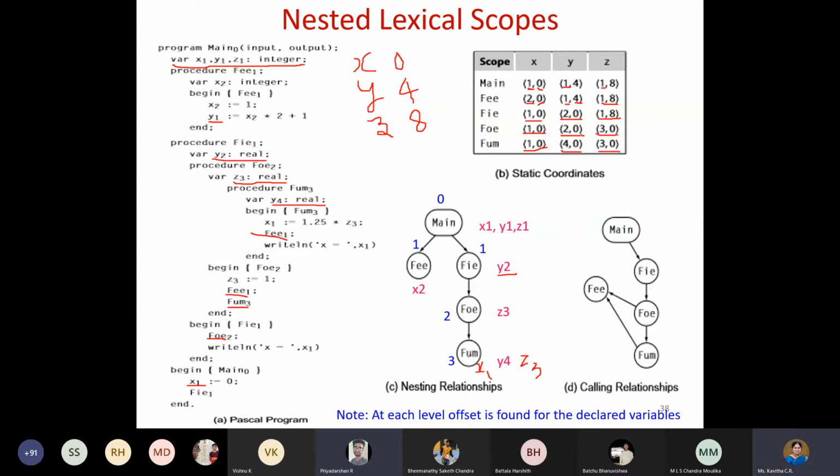I will cover the next example and then come back to this. Then it will be clear for you, because I will not be using the nesting relationship at all for the dynamic coordinates. If there is no difference, I think your doubt will be clarified. Otherwise, I'll come back and clarify. For now, I will keep it pending. I will finish the next slide and then maybe you will understand. Shall I proceed with the next slide? Once I explain dynamic coordinates, you will understand that concept.